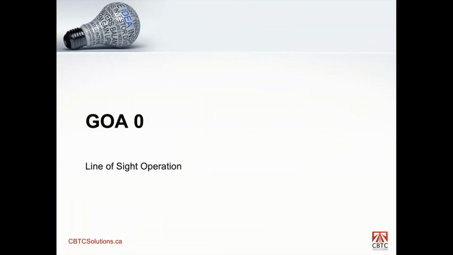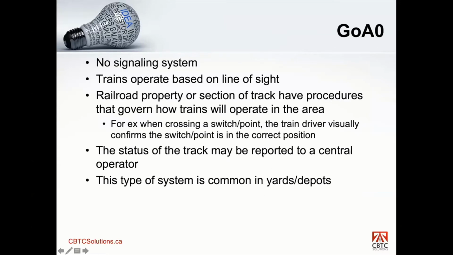The first level, GoA 0. This is what they call line of sight operations. So this is basically no signaling system. The trains operate based on line of sight. The railroad property or section of track have procedures in place that govern how these trains are going to operate